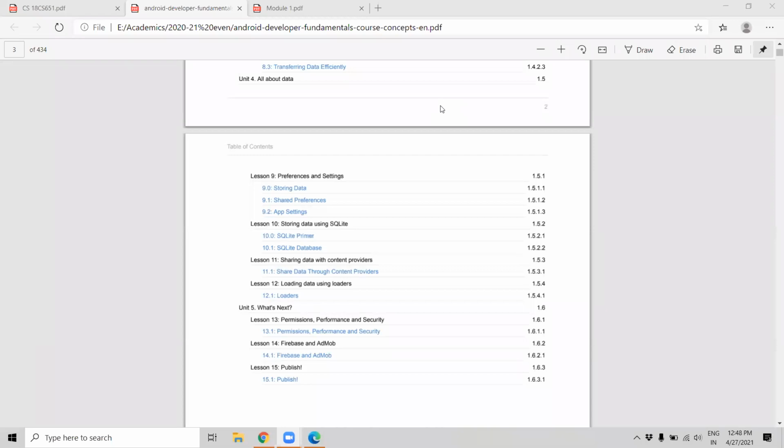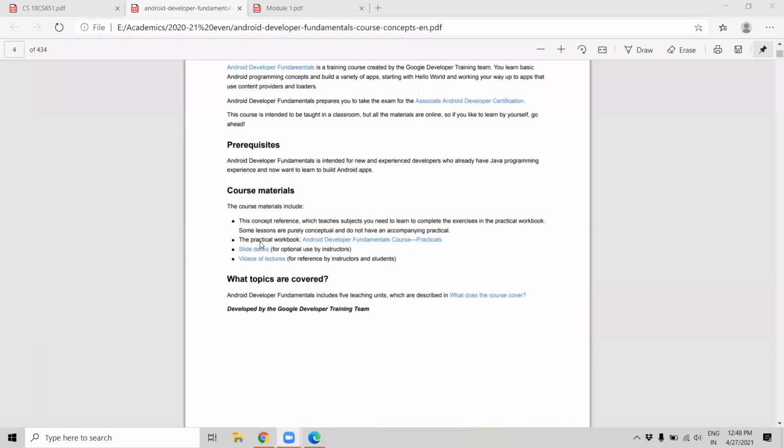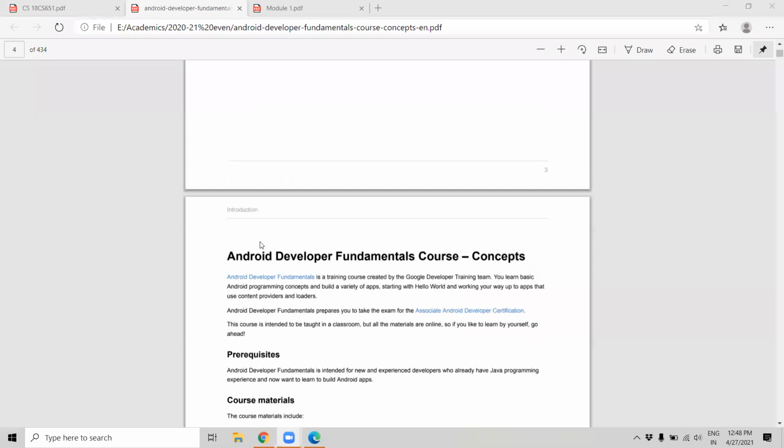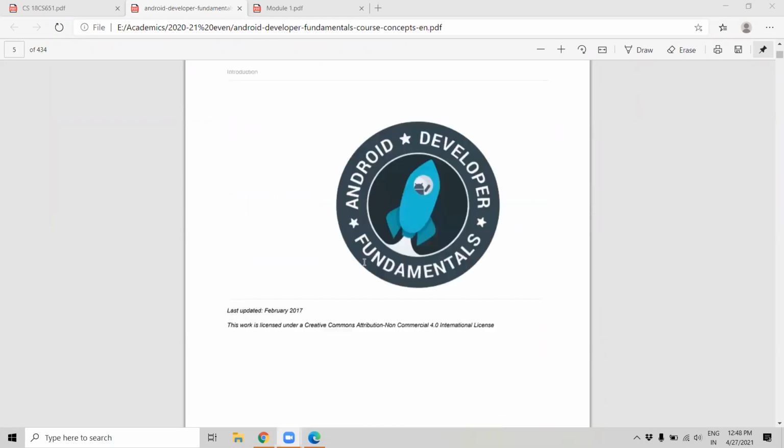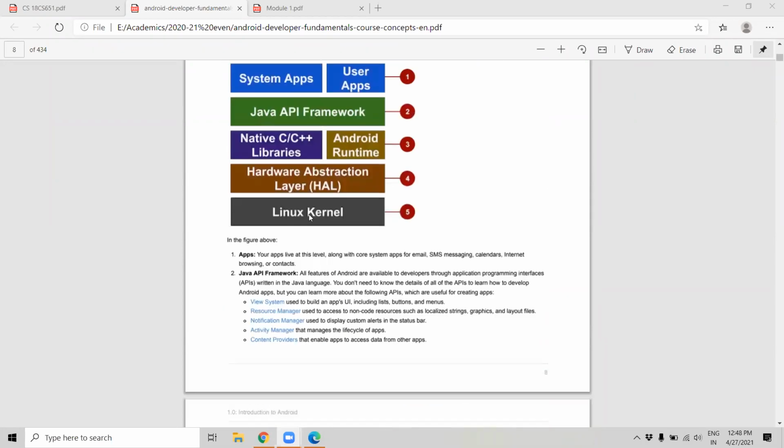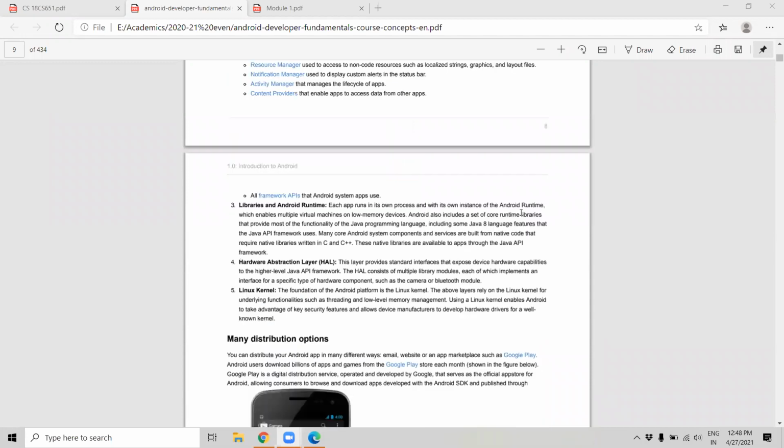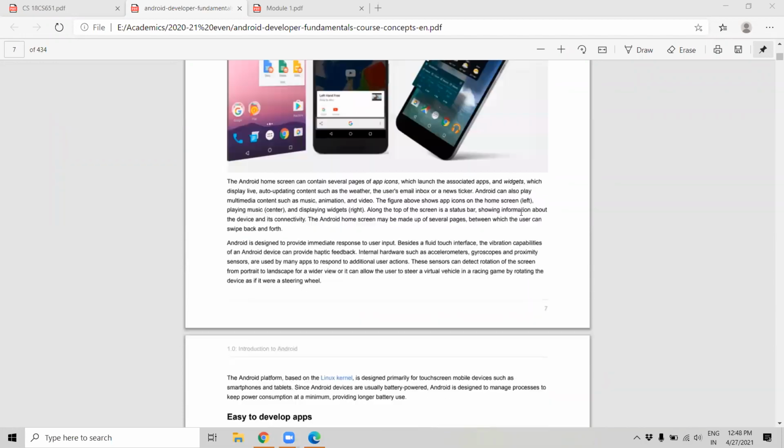I'm going to clear them. And one more thing, if you want to learn this subject, you always have to develop and learn. It is not a theory subject. Just remember, this is not a theory subject. It is a programming subject. Programming means you have to write programs. For that, you should have basics about Java, because the Android app you are going to develop using Java.